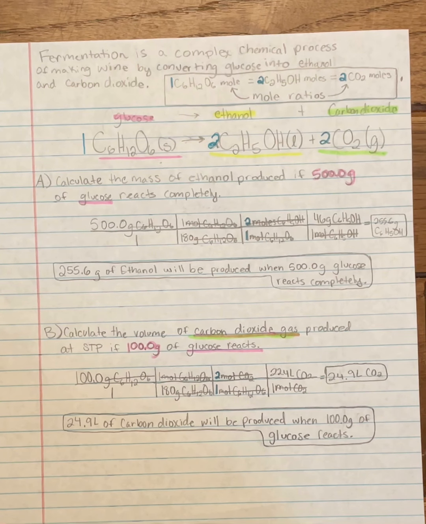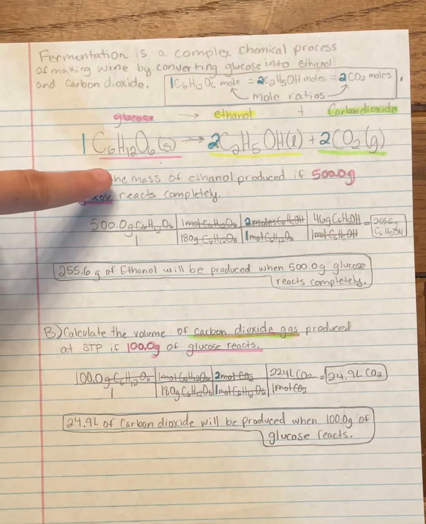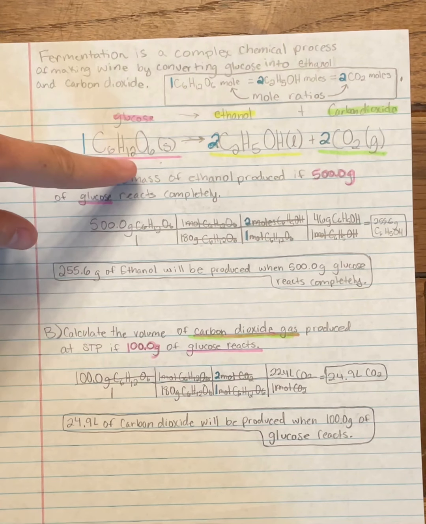Hello, so today we will be talking about a decomposition reaction involving fermentation. Now, fermentation is a complex chemical process of making wine by converting glucose into ethanol and carbon dioxide. And as you can see, if we take 1 mole of glucose, and this is glucose, which is the